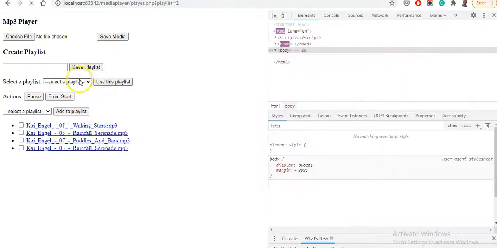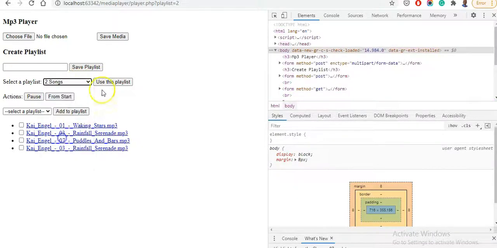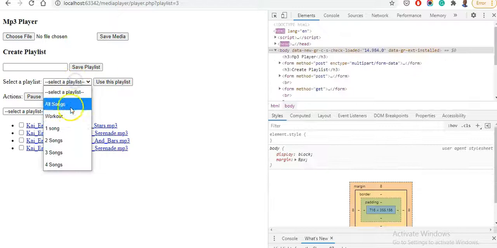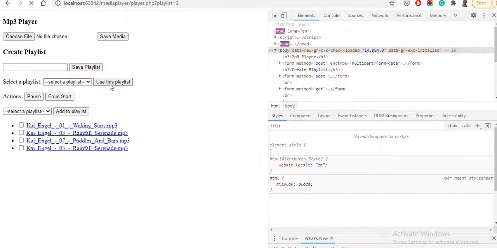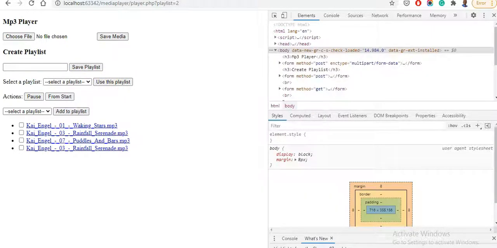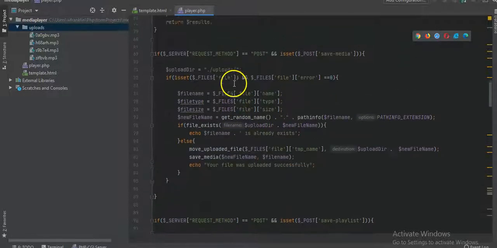Wait a second. I want it to show one song, the one song playlist. Alright, so here's what we're gonna do. We're gonna change how we get media. So in get media,